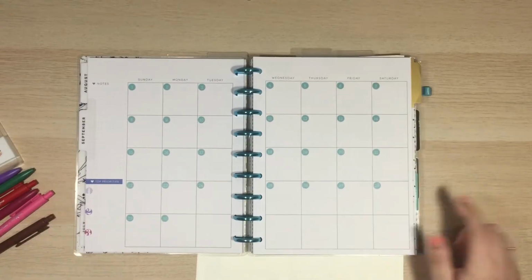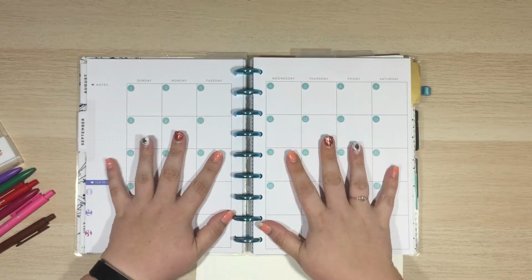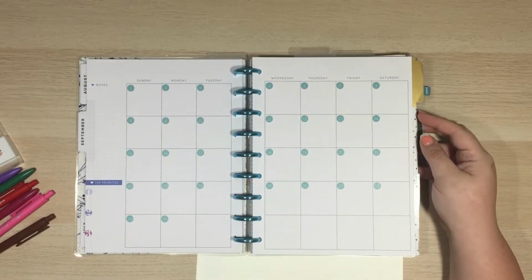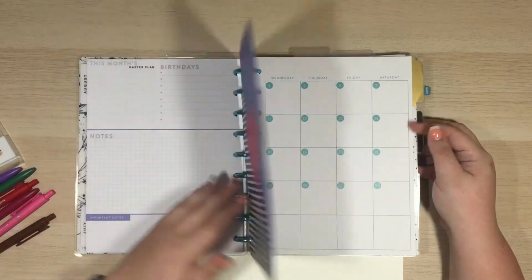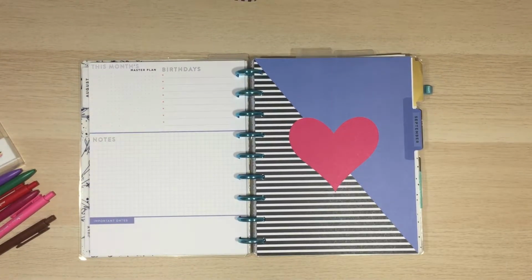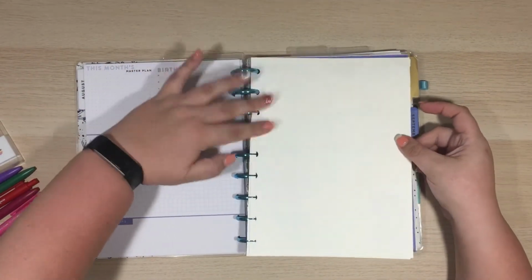I'm going to grab my Happy Planner. And then the next question is, where do I want to put it? Do I want to put it with my normal monthly? Or do I want to put it in my finance section? Honestly, I think I'm more likely to use it if it's with my monthly. So I'm going to put it right before the monthly tab